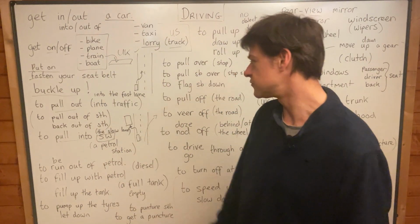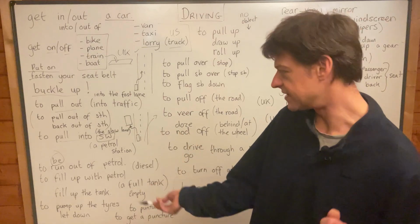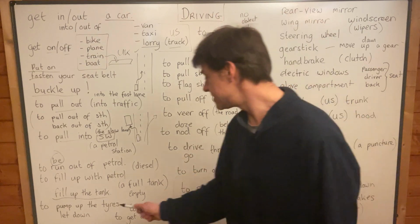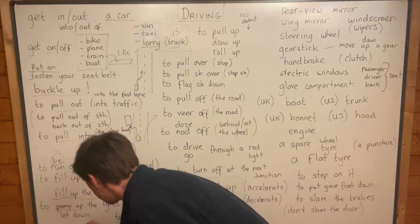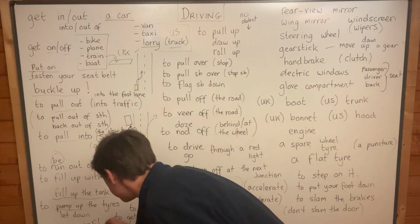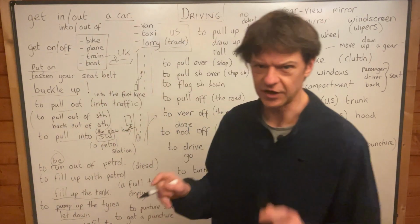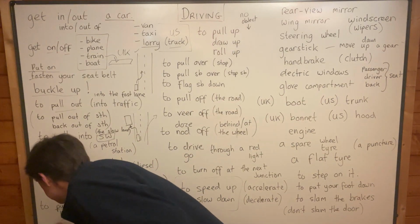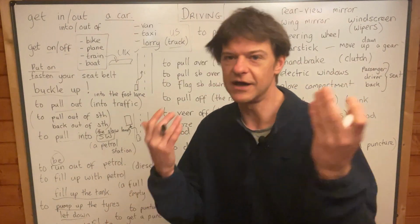Now you might pull into the petrol station because you've run out of petrol, or because you are out of petrol. Remember, both of those work. But you might not need to fill up the tank. You might need to pump up the tyres. Pump up your tyres means inflate tyres. Inflate is the formal word. Inflate the tyres, pump up the tyres. And by the way, the opposite of pump up the tyres is let down the tyres. I hope nobody lets down your tyres. And so let down means deflate. Now I know that let somebody down means disappoint them, you know, not turn up when you promised to